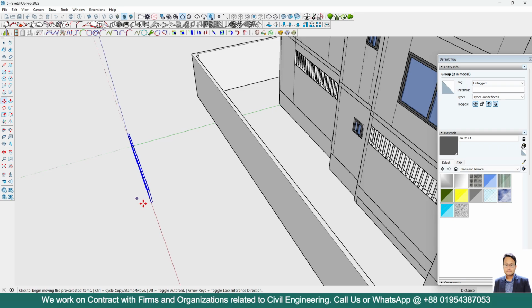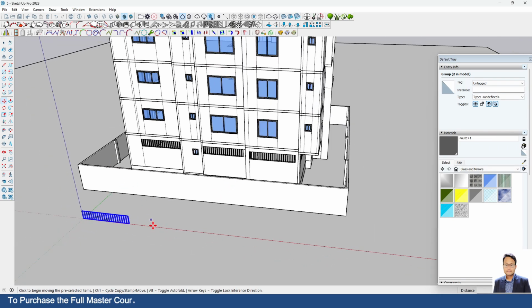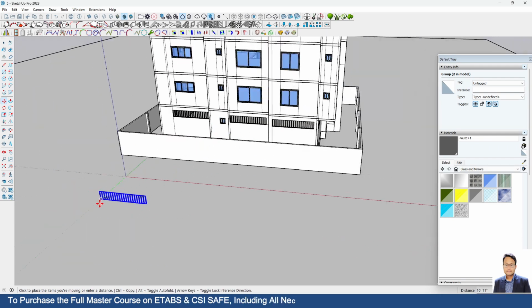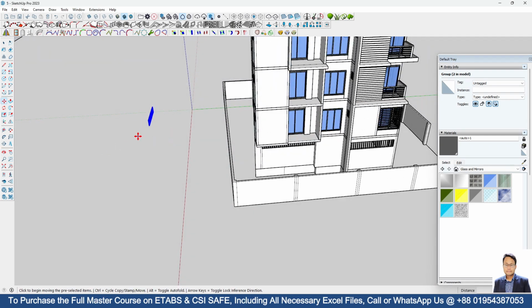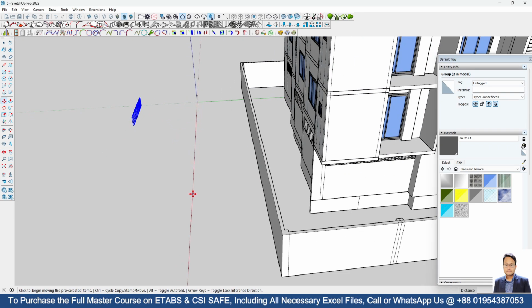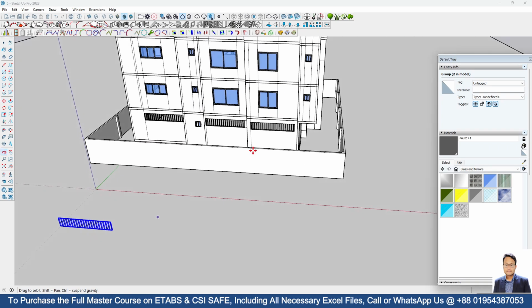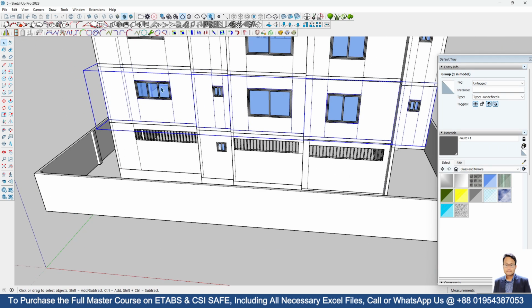You have to keep your objects parallel to red axis, keep it in mind. Now I can move this one and you can see that my object and this red axis are in parallel position. Now again I will select this